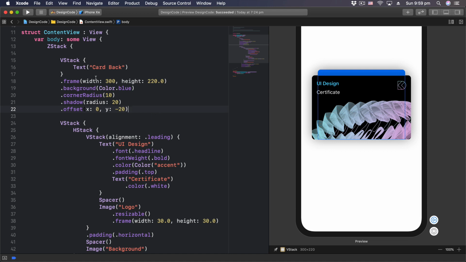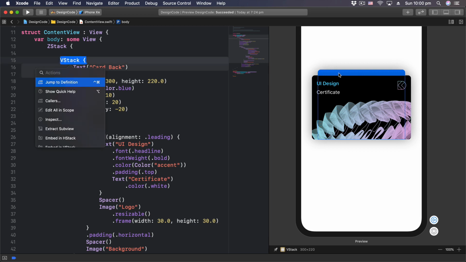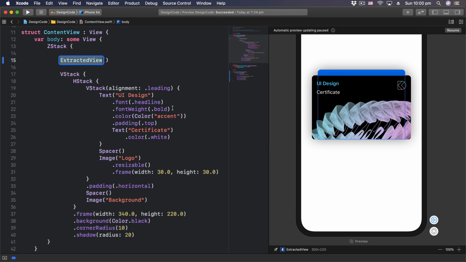You can see here we have two main components. The first one is the card in the front and the second one is the card in the back. So what we're gonna do is command click the V stack for the first card in the back and then select extract subview like this. Now you need to make sure to name this before moving forward. We're gonna name this card view,